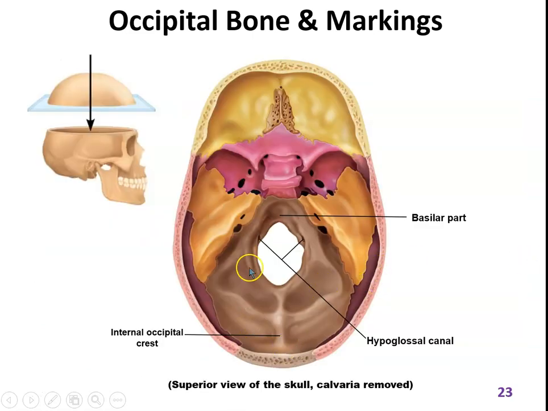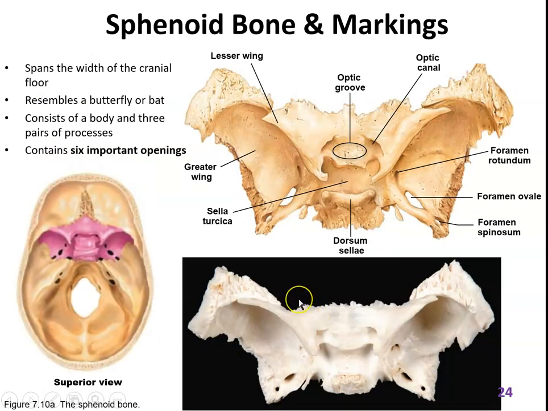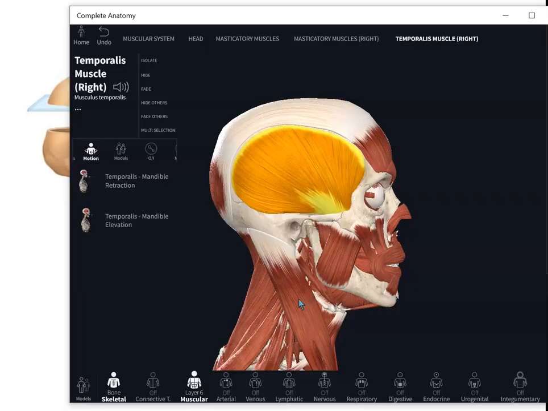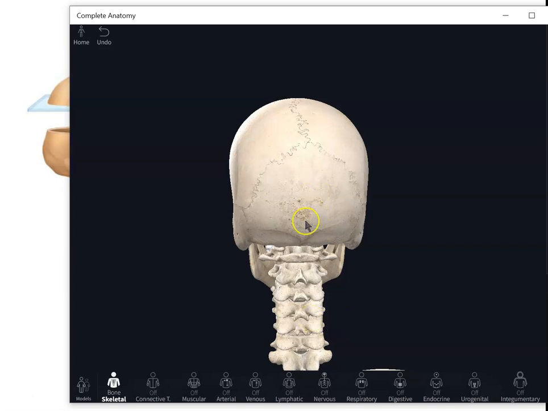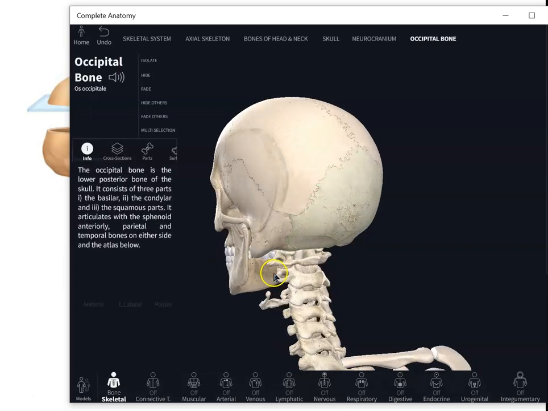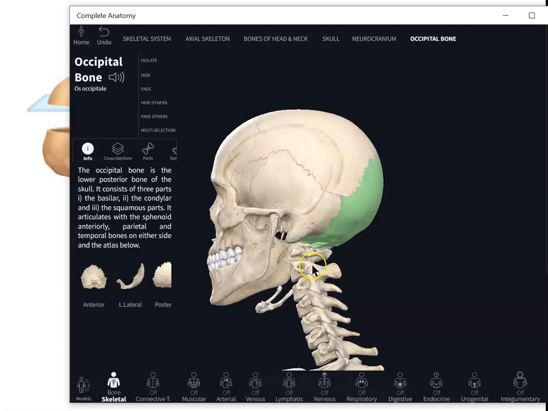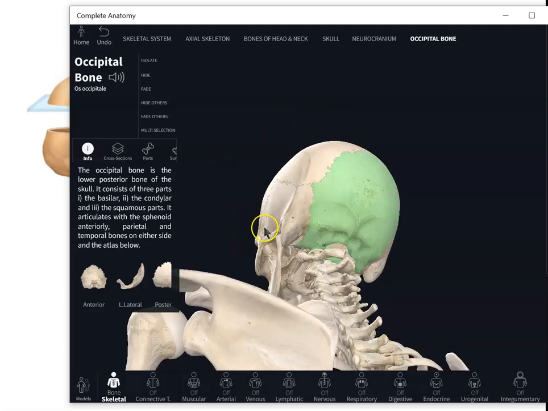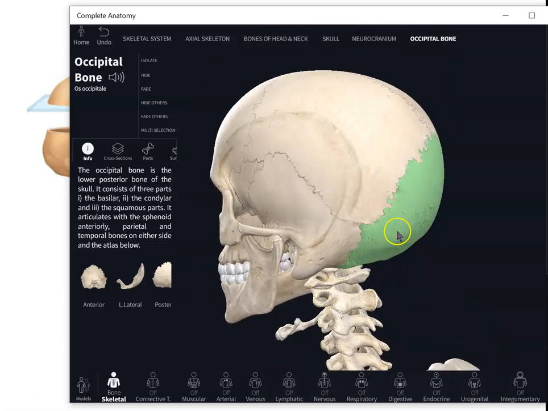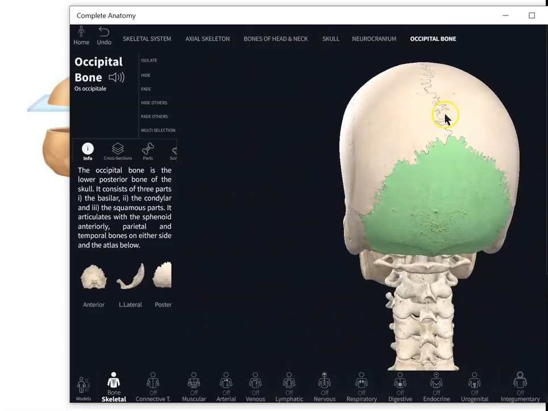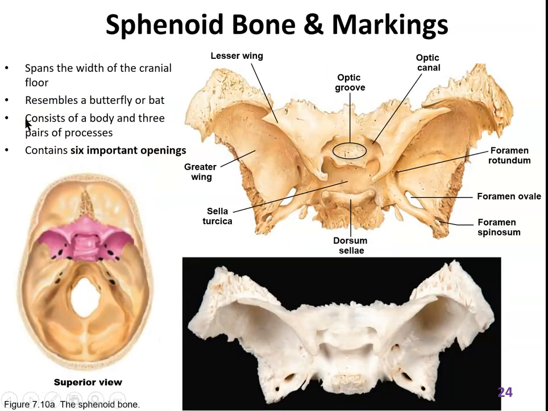So this is all occipital bone. Brown back here is occipital. Let's back up. I want to show you the occipital bone here. If I click on it, that's the occipital bone, and you can see it curls around under there. These are the two parietal bones I just talked about. Okay, so then